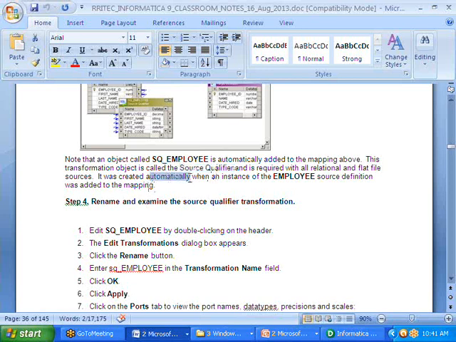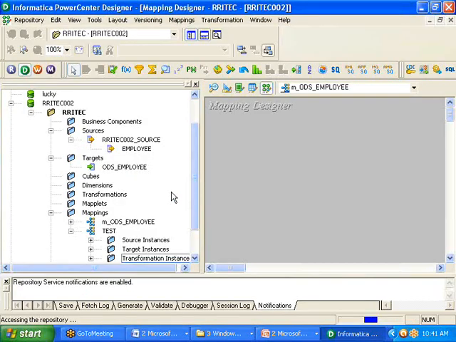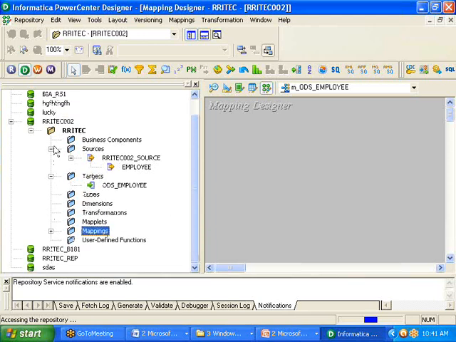Automatically, when an instance of the employee source definition was added to the mapping, a source qualifier was created. Now let us try to do this. Drag and drop employee under the sources. This is our navigator.